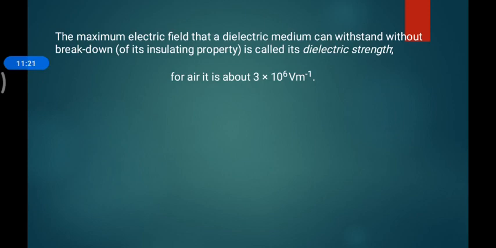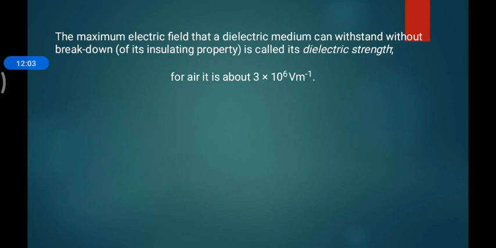Yes, so that dielectric material: if you keep applying the voltage, whatever it survives up to the breakdown is the dielectric strength of that material. Air is also a dielectric material between two plates. Why? Because air is a non-conducting material. If you fill nothing between the two plates, air exists, and when we apply the field to the capacitor plates, the air gets ionized, because air has H2, O2 and so on.